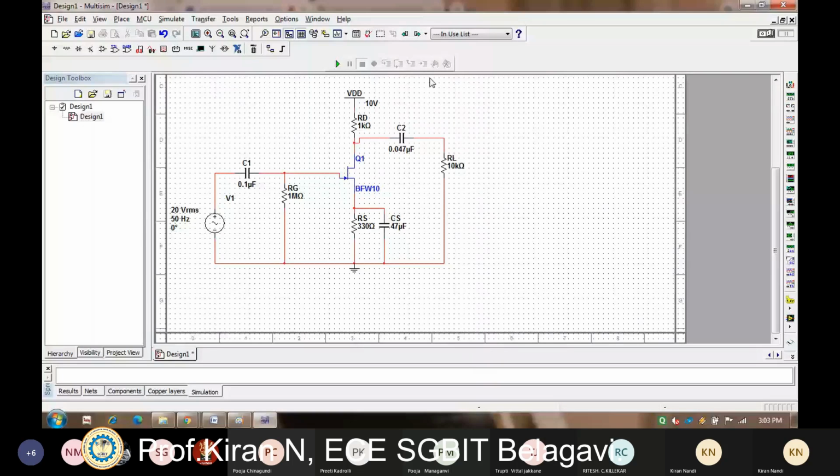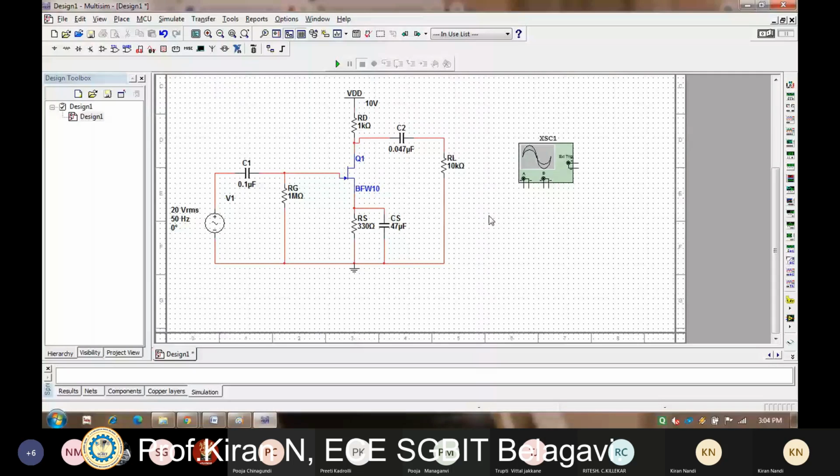Now just go to the right side of your toolbox. There you can see multimeter is displaying. Just below that you can go down and you can see there is an oscilloscope. So click on the oscilloscope and you can place the oscilloscope here.